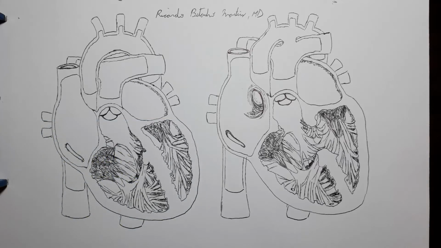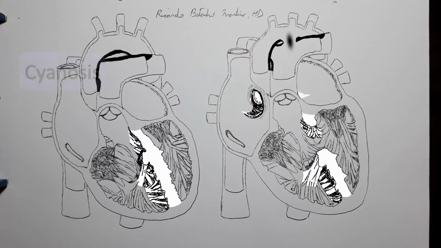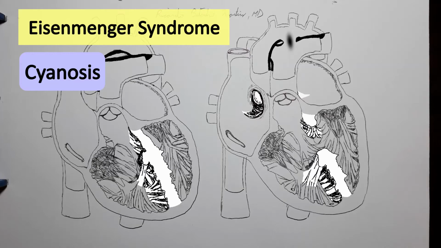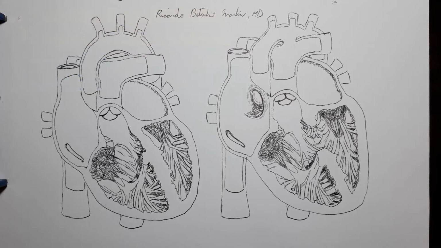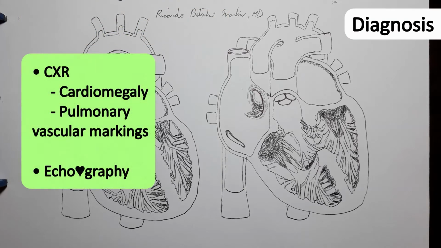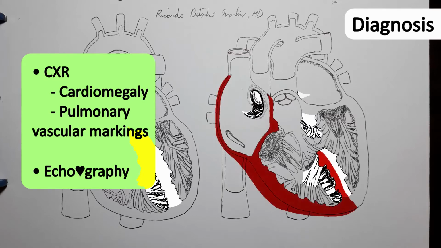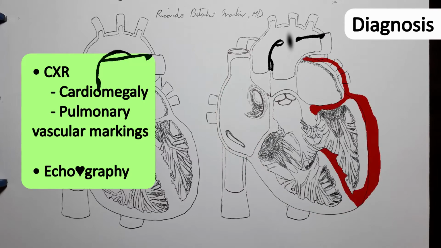In some, but not all, of the ASD, VSD, and PDA patients, cyanosis can also be a late presentation owing to the development of Eisenmenger syndrome. Chest radiography will often display cardiomegaly if the shunt is large, as well as pulmonary vascular markings from increased pulmonary flow. In atrial and ventricular septal defects, the cardiomegaly is derived from dilation of the right atrium and ventricle, whereas in PDA it's mostly due to left atrium and ventricle enlargement.